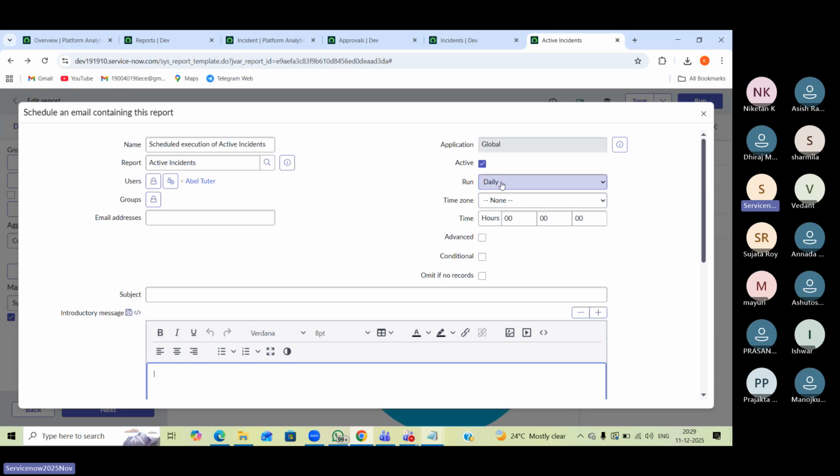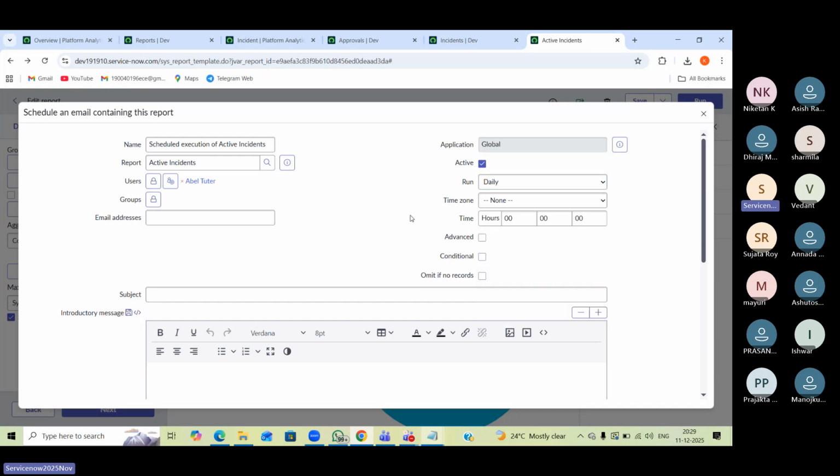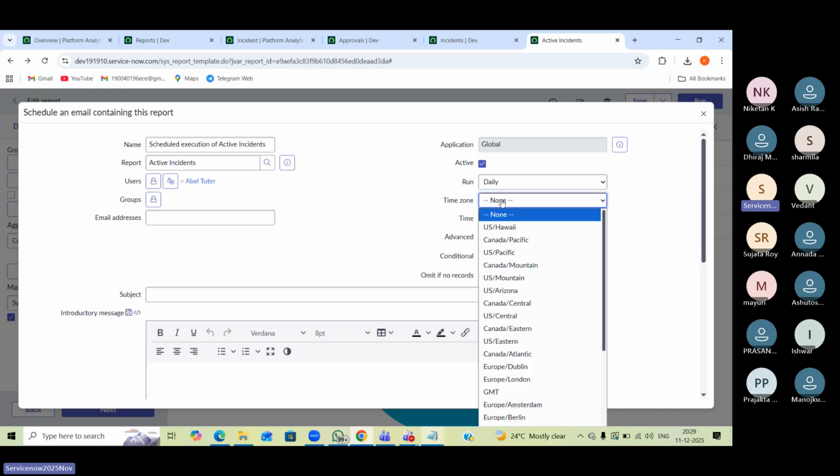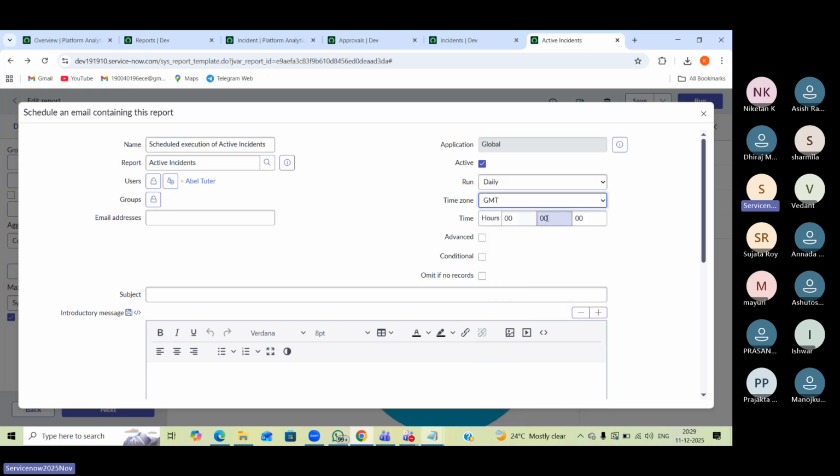and whether this email should be sent daily or weekly or monthly or periodically, once, or on demand, or week in month, something like that. You'll configure that here and you select the time zone here. If you consider daily, in which time zone should it be sent? If you consider GMT, I want it to be sent at 1 o'clock daily at GMT time to the tutor. So please find